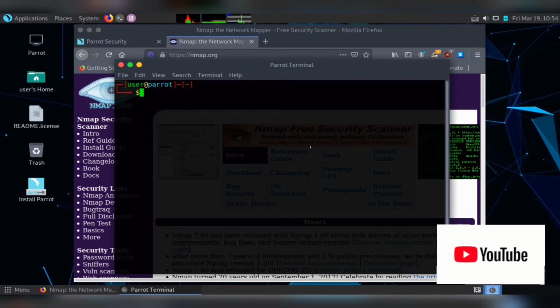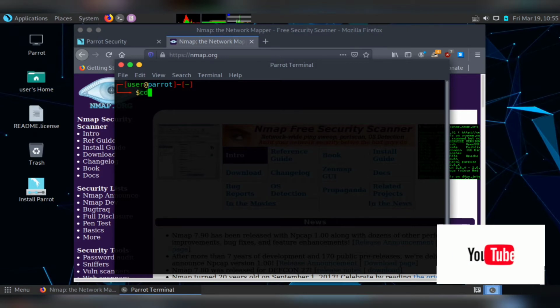So what are the use cases of Nmap? Basic host discovery, to detect live hosts present on the network, open port detection, service detection, detecting the operating system running on a particular host, hardware address and software version, and vulnerabilities and security holes using Nmap scripts as well. There are a lot of scripts.